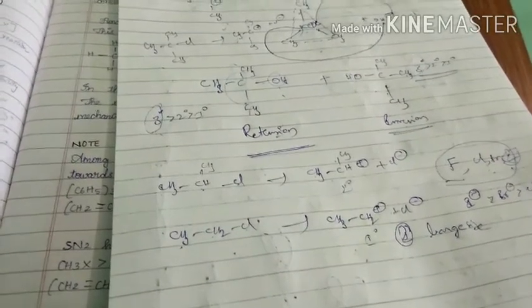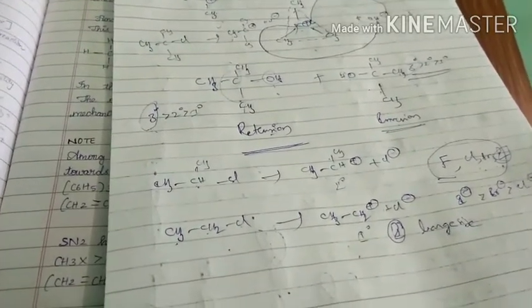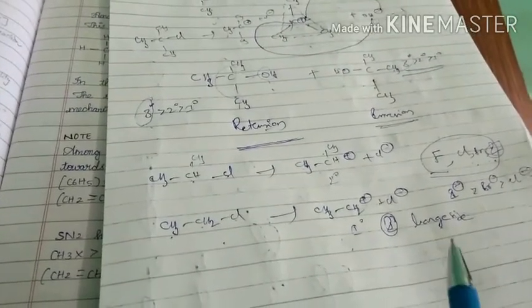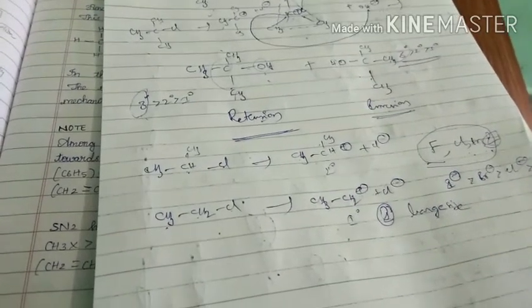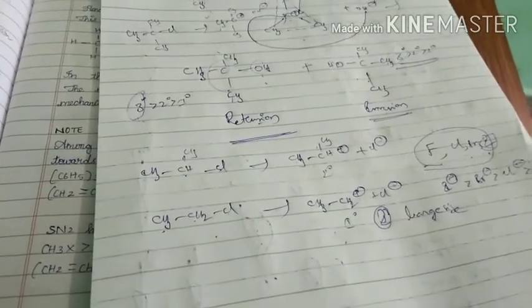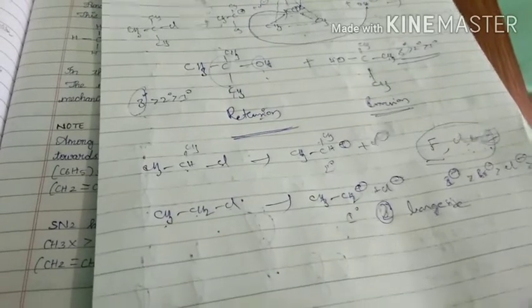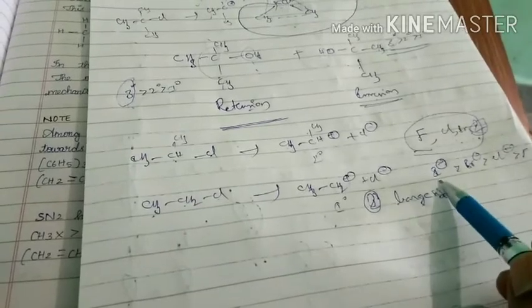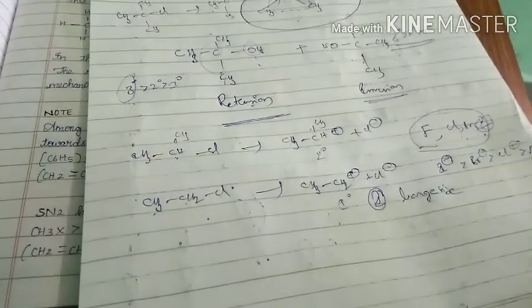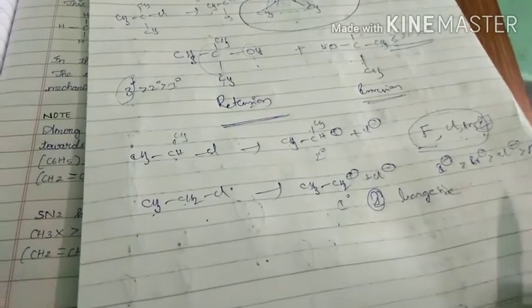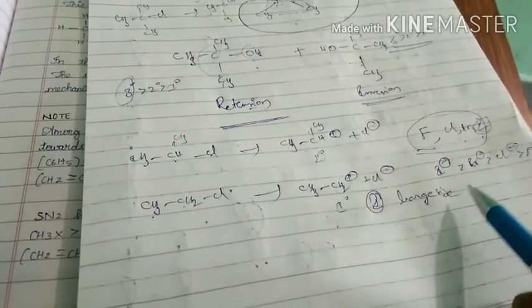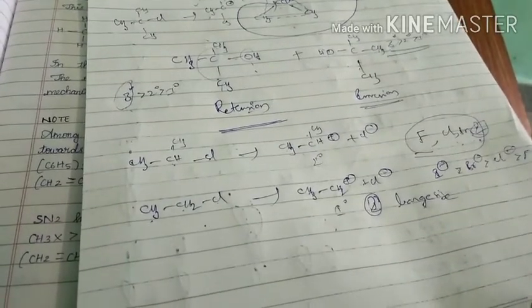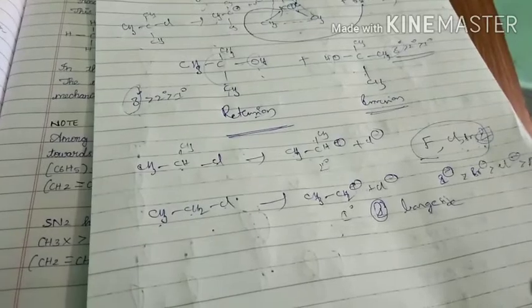Next, in the rate of reaction, if you observe the mechanism, what happens? The rate of reaction depends on only the concentration of alkyl halide. That is why it is first order. Next, in alkyl halides, tertiary alkyl halide is more reactive than secondary than primary, because tertiary carbocation is more stable than secondary than primary. Next, the order of leaving group: iodide is the best leaving group because it can form a longer bond compared to bromide, chloride, fluoride. So the bond length will be more, bond energy will be less, and that group can be removed easily. So that is all about the SN1 mechanism.